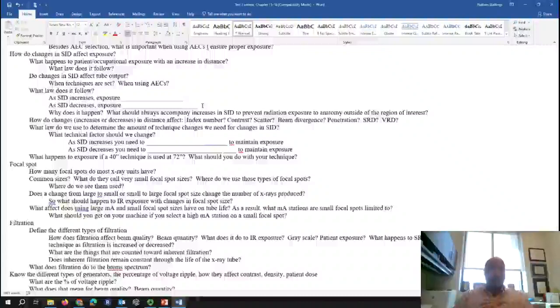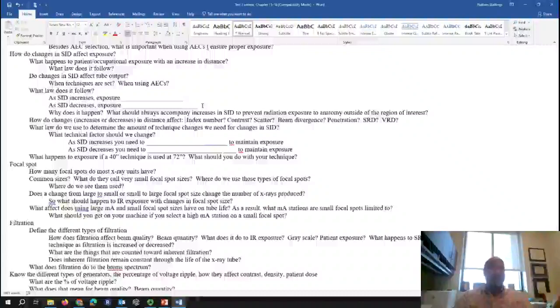I walked through this, I think, last week. So when you see a question that's asking about technique changes, so you increased your distance from 40 to 72 inches, what do you need to do with your technique? That would be increase mass. That would be a direct square law